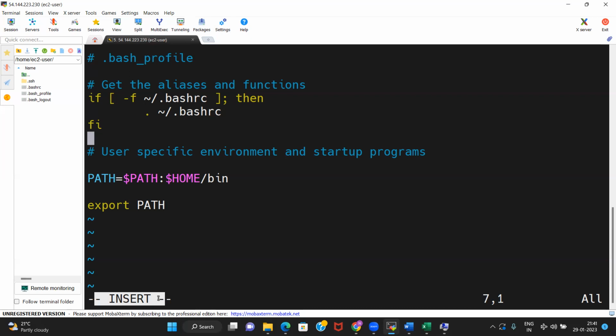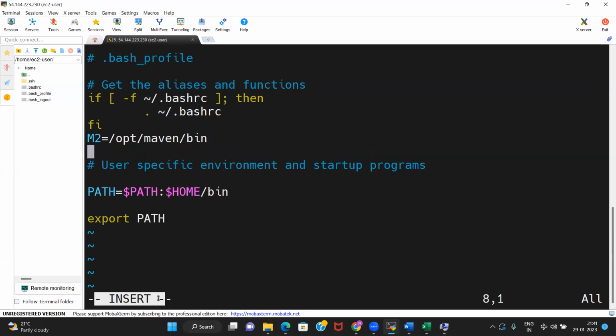Now, you need to give the path of the Maven. So let us define a variable M2 and let the value be the path /opt/Maven/bin. That was the place where the Maven executable was, in our case.